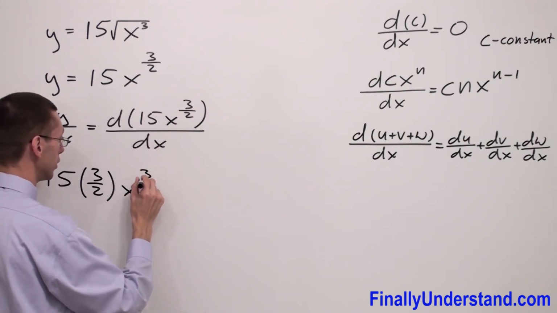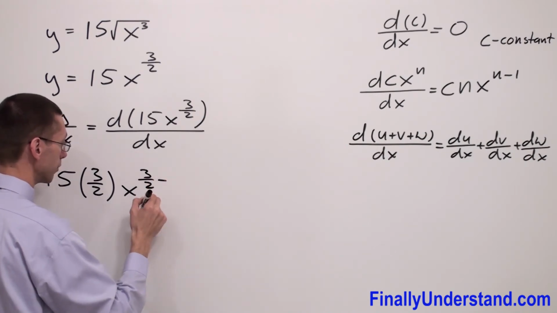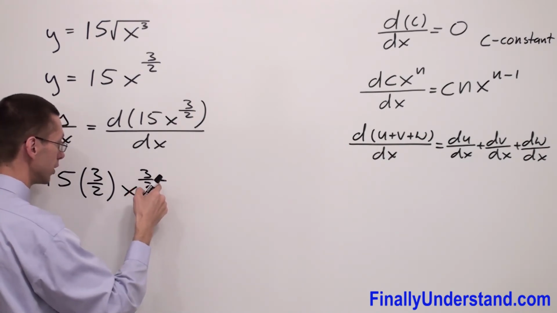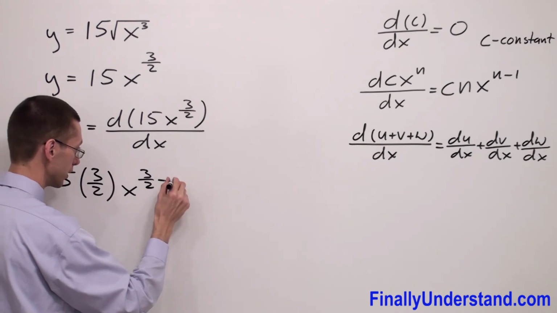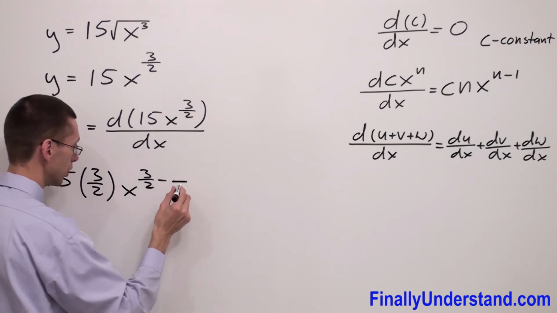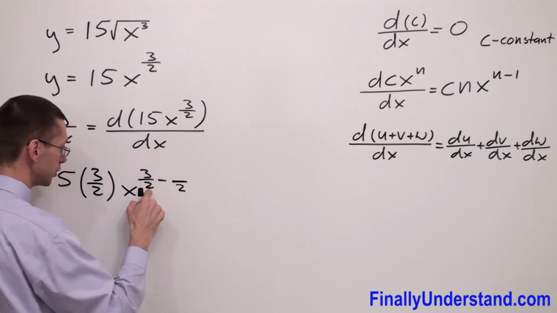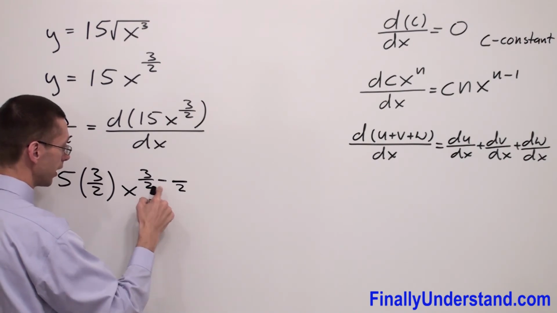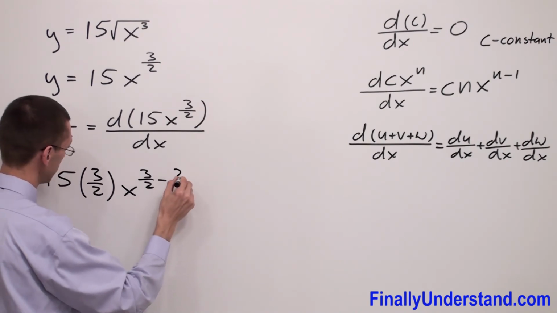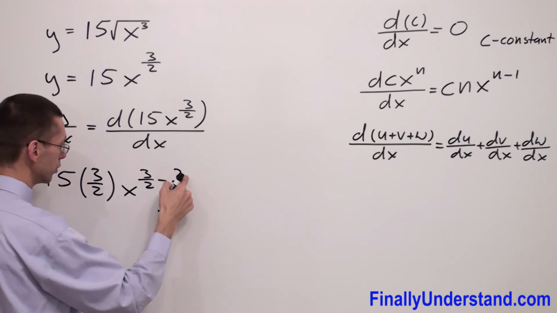Okay, so I have 3/2 minus 1, but because this is fraction, I have to have fraction over here, and the denominator of this fraction is going to be 2, exactly the same denominator which I have over here. And because I want to have 1, the top also must be 2, because 2 divided by 2 is equal